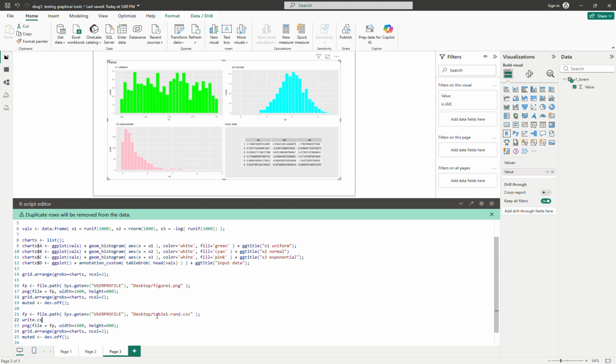To write the CSV file, to write the values to the file fp, and then row names false, because I don't want the row names to appear in my CSV file. So that's it. What I say here is just can you write the values in this data frame to the file CSV, the table one random here, .csv in my desktop as well. So after I run this, I also expect to see